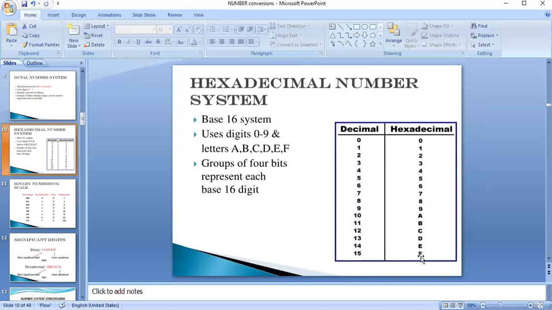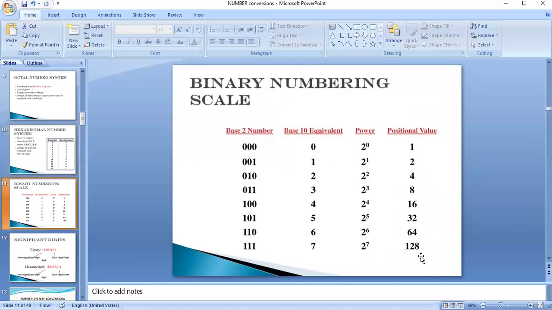So these are the 4 basic number systems which are mostly used in digital electronics: decimal, binary, octal, and hexadecimal. The decimal and binary number systems are positional number systems, meaning each digit follows the positional weight. See here, I'm taking a 3-bit binary number, and writing the decimal equivalent for it.